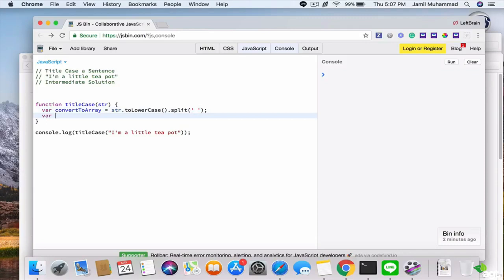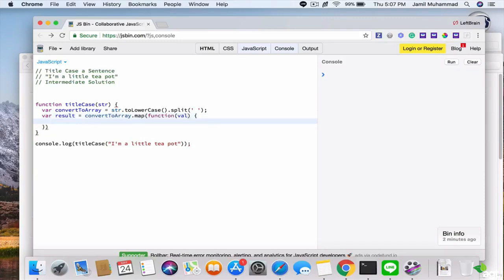and then I'm going to create a new variable called result, set that equal to convertToArray.map, function(val), and then in between here we're going to use the keyword return val.replace(val.charAt(0), val.charAt(0) again, and then .toUpperCase()),